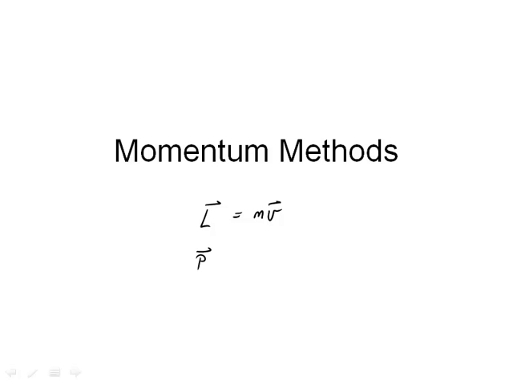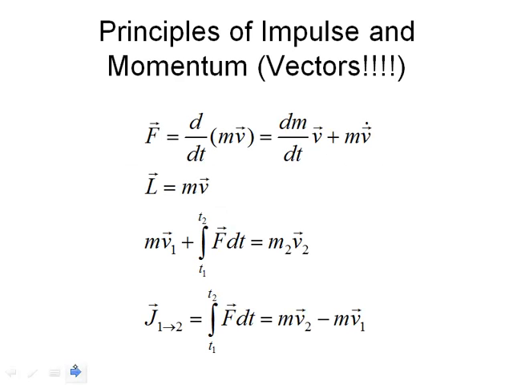So a couple of interesting relationships between momentum and some other things we've already discussed, especially force, can be seen right here. This first line is Newton's second law. In its purest form, force is equal to the derivative of momentum with respect to time. Now generally that has been written in the past as force equals mass times acceleration, but you can see what's happening. Momentum is mass times velocity, so when I take the derivative with respect to time, I have to use